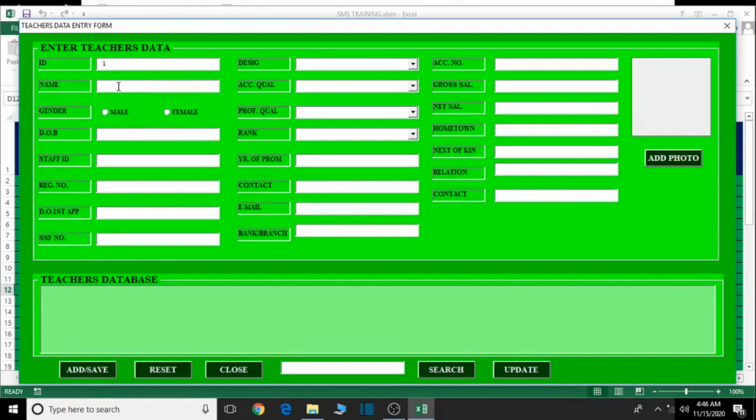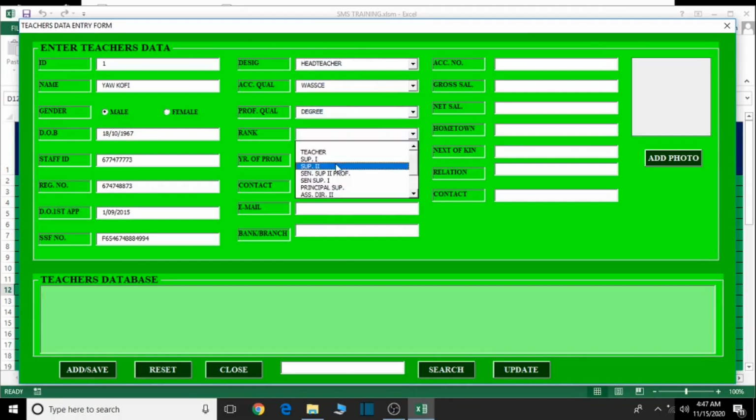So let's just enter Kofi as the name, male, date of birth 18th 1967, staff ID, let's enter some random numbers, registered number, some random numbers, date of first appointment 1st September 09 2015, SSF number, let's enter some random numbers, designation, maybe he's a head teacher, academic qualification, maybe WASI, professional qualification, maybe degree, rank, maybe senior sup 1, year